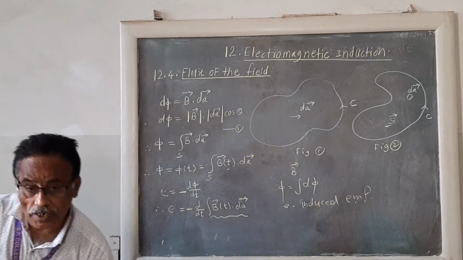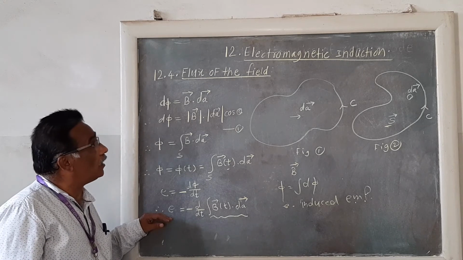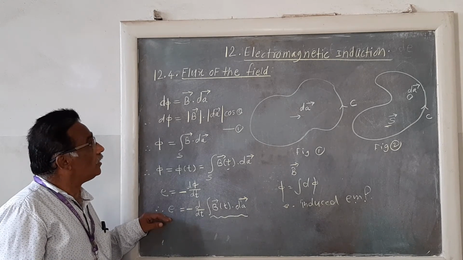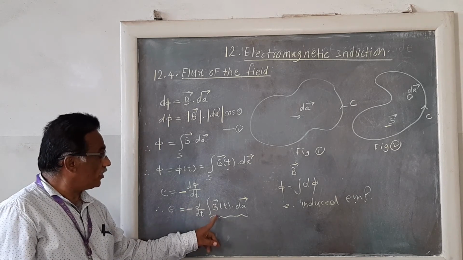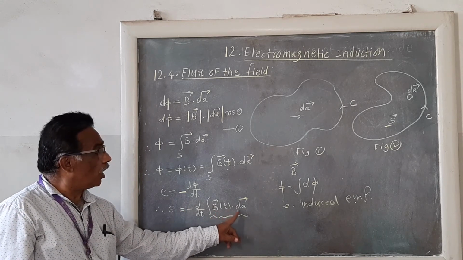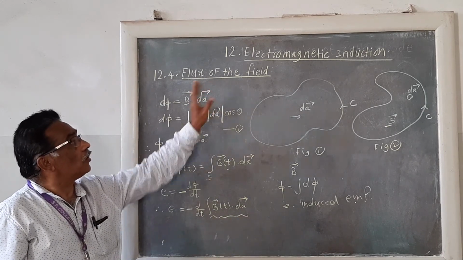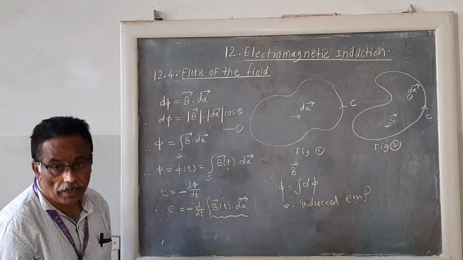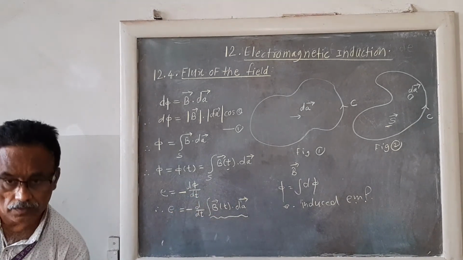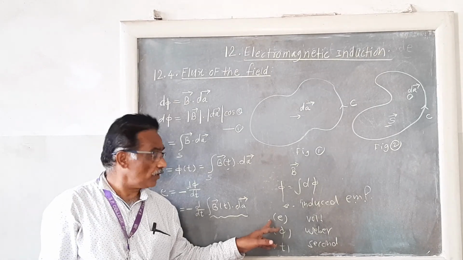So the total EMF induced in the circuit is given by E equal to minus d by dt of integration of B of t dot dA, and this is the flux of the field. Phi is the flux given by this equation. The SI unit of EMF